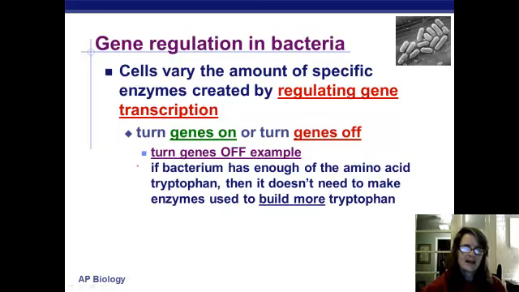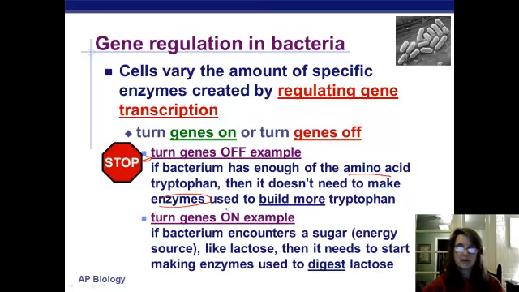So if a bacteria has enough of that amino acid tryptophan, it doesn't need to make the tryptophan, but it also doesn't need to make the enzymes it uses to build tryptophan. So we're going to turn all those genes off. But if we need the tryptophan, we can turn those genes back on.